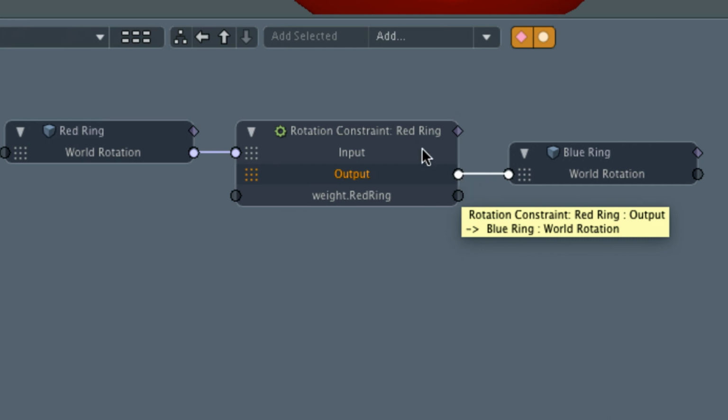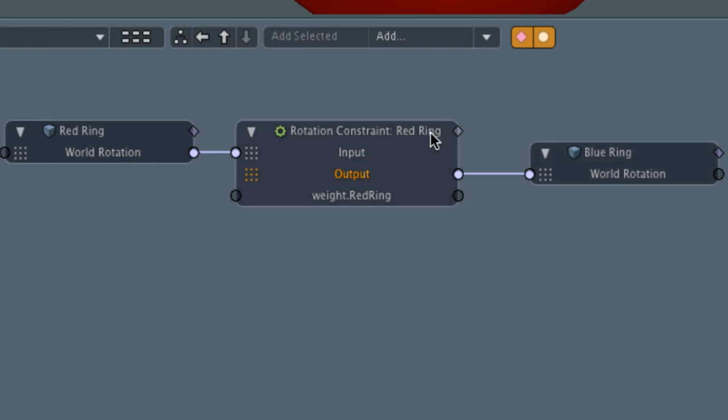I'm going to unhook the blue ring from the constraint just by doing that. And now I want to modify it. I still want to send information out, but I want to do some sort of math in here so I can get the ring to rotate in an opposite value. Now, what's specifically going on here is that we're sending degrees, right? The degree of rotation for the red ring is being sent to the constraint. That constraint's doing some math, and it's also sending out degrees of rotation to the blue ring. Well,